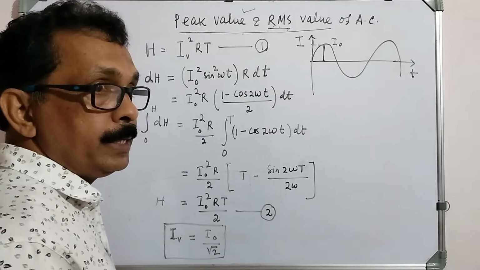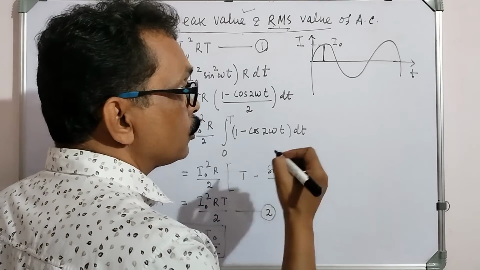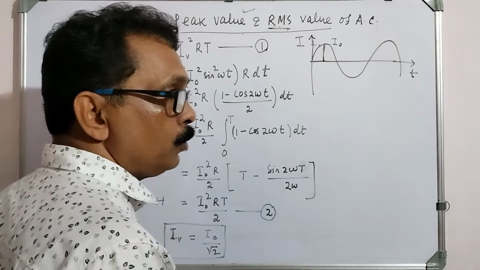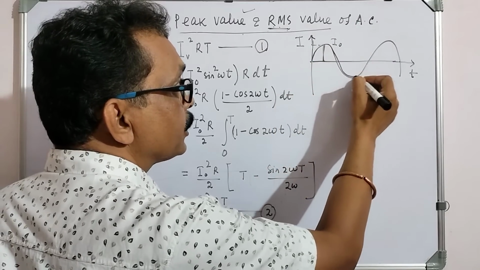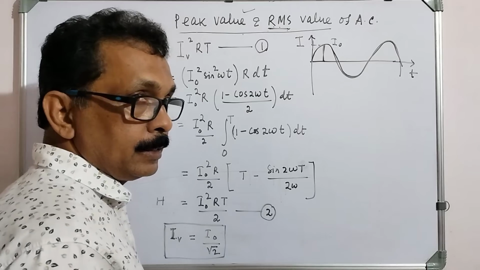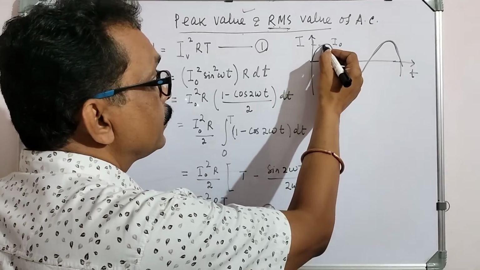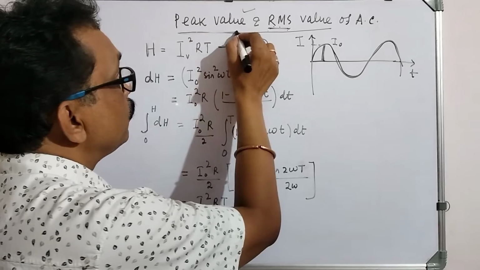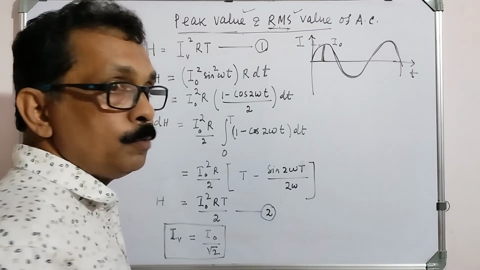In many instruments, like your analog oscilloscope, you can see the signal, an AC signal or any electrical signal. There you need the peak value. But when you need the RMS value or root mean square value,